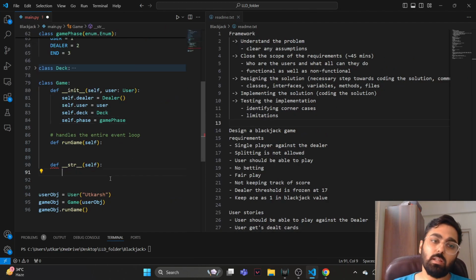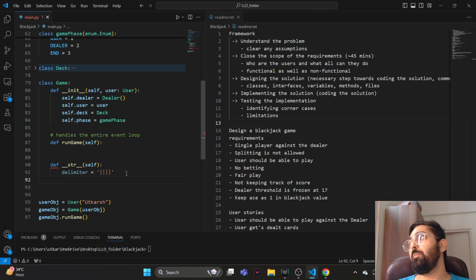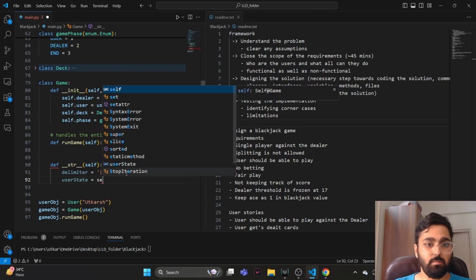Oh, so when we think about the toString function, what is it going to look like? What do you want to print here, right? Let's use this as a delimiter. Okay, and what we want to print is the state of the dealer, the state of the user, and that's pretty much it, right? And the current game state as well, I guess. So user state is self dot